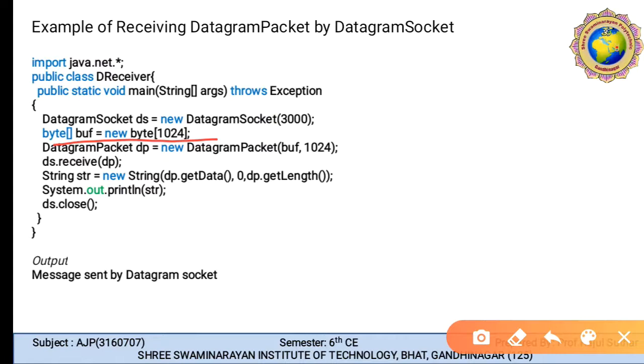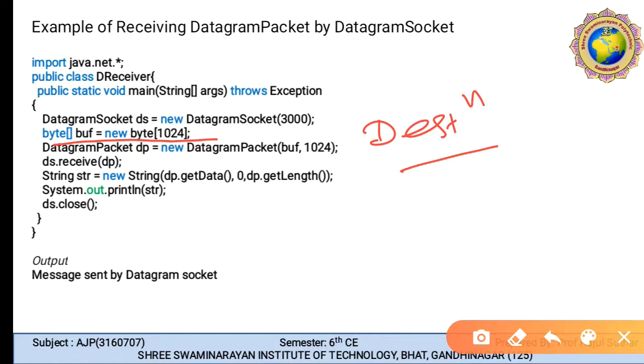How has the datagram packet been informed about the node to send the data? It does so when creating a datagram for sending the data. This is because we are going to use the datagram packet for receiving the data, not for sending. Therefore, no destination address is needed. Here, destination is not required.